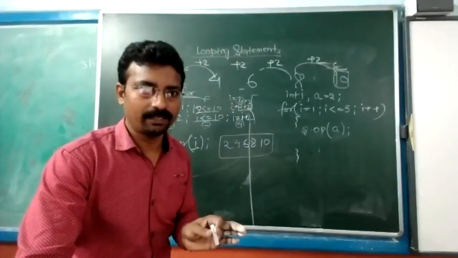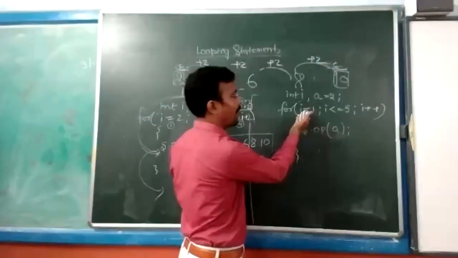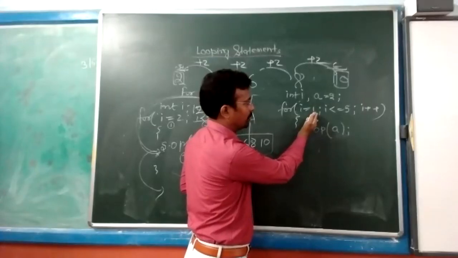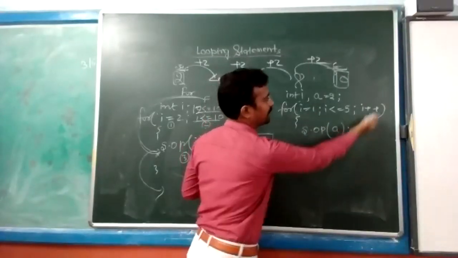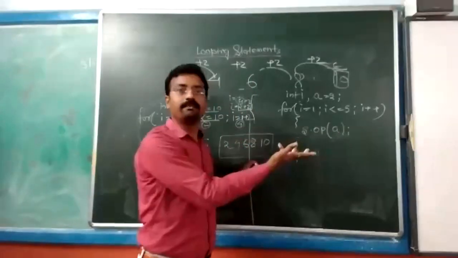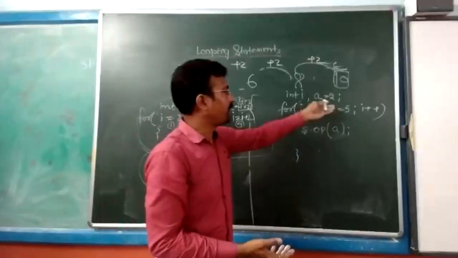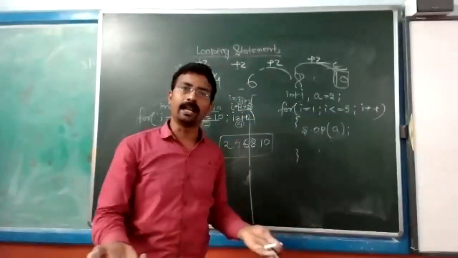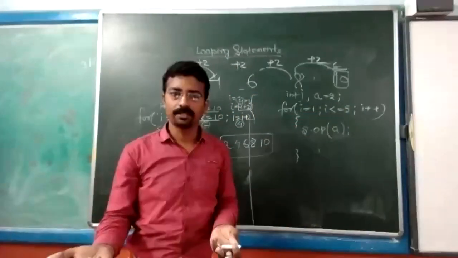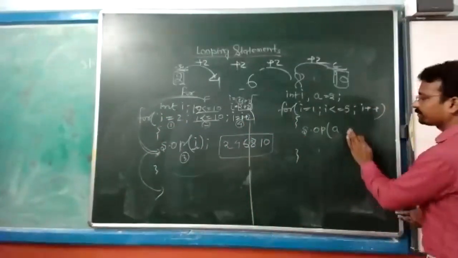Any doubt to anyone? Are you executing? No, see, the first time the value of i will be 1. So 2 will be printed. After that, i will increase to 2. Again, 2 will be printed. I am not changing the value of a. I am not printing i. So what result will come? 5 times the loop will go. a will be printed. That is 2, 2, 2, 2, 2. 5 times. Simple. If I write here, see here.